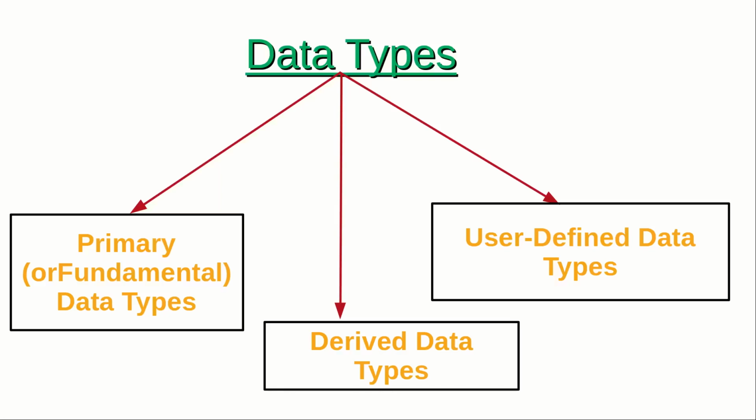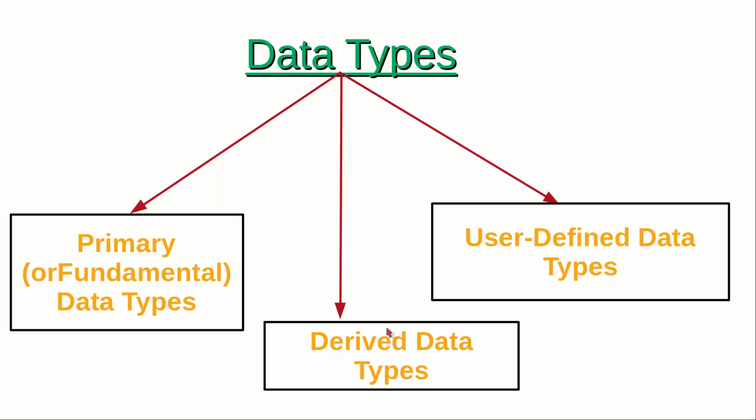It simply refers to the type of data, and it has three classes: primary data type, which is also called fundamental data type, derived data type, and user-defined data type. The only data type which I am going to talk about in this tutorial is primary data type. I will talk about user-defined data type later in the upcoming videos, especially after making you able enough to declare variables and perform operations on them. And as far as derived data type is concerned, I will talk about it as and when they are encountered.